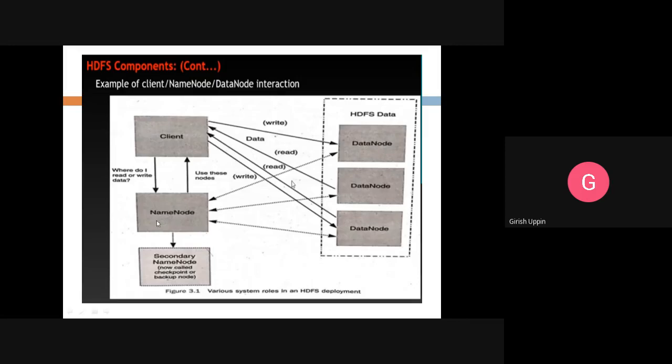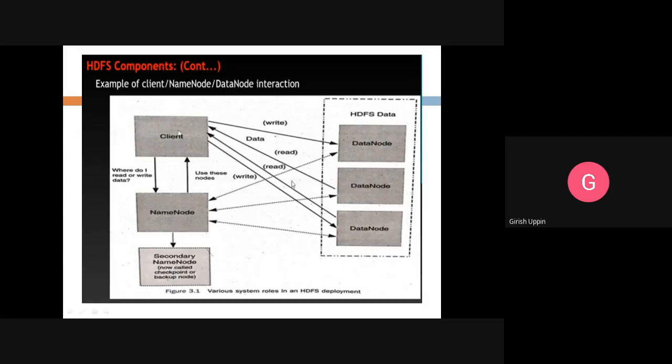Then the name node will know where that particular data would be, because it has the mapping. From the mapping, it will look up which data nodes have that particular data. That information is shared with the client if it is a read.